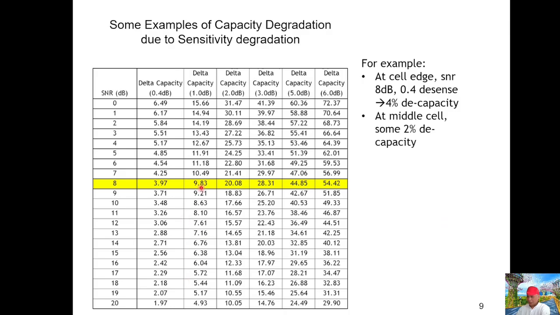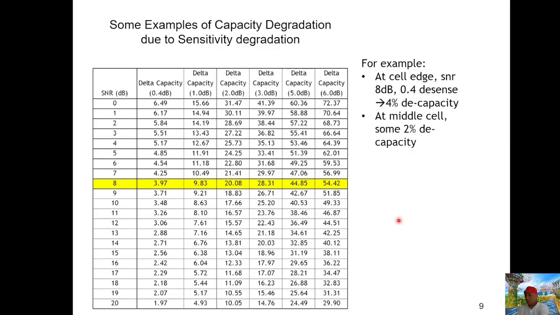At the cell edge, around 10% capacity degradation will happen, and in the near cell area around 5%. So it depends on how much capacity degradation your operator or your customer, if you are the telco vendor, can accept.